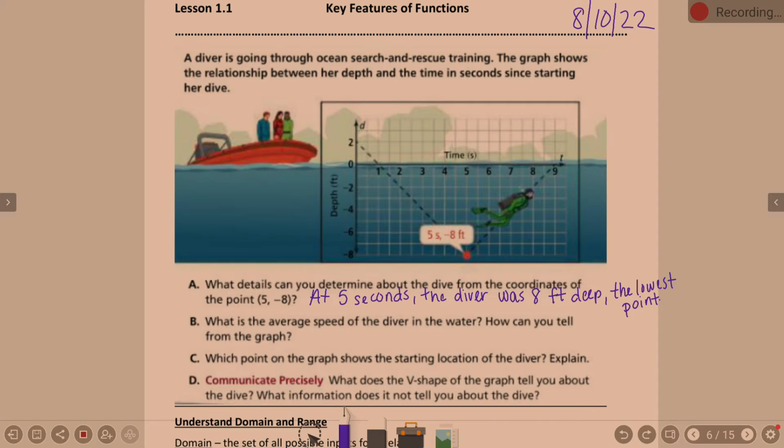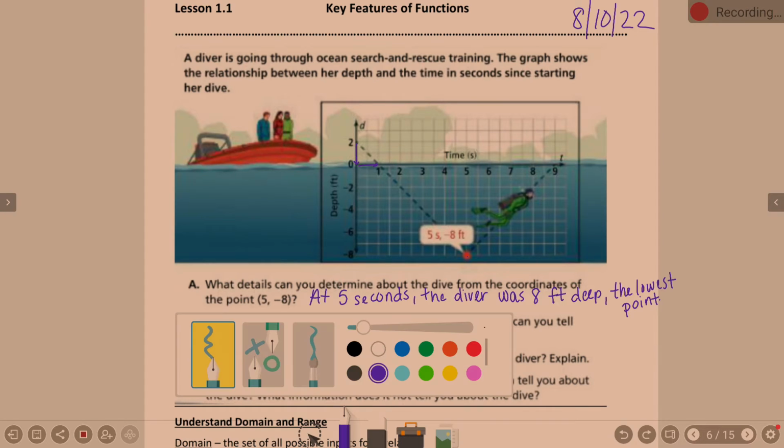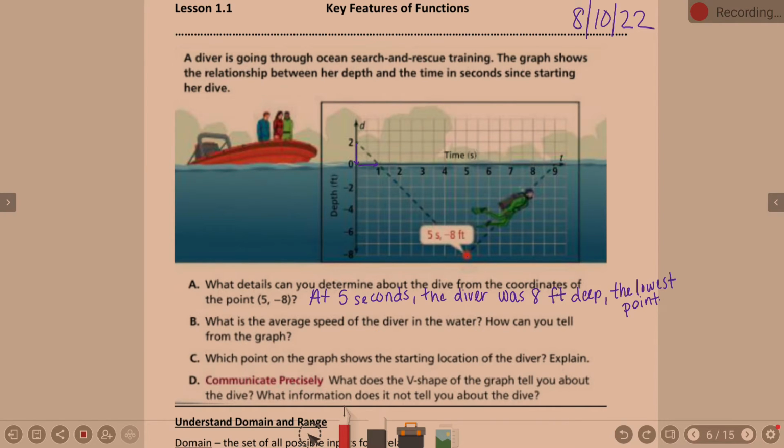Okay. We're finding slope. So, the idea here, Caitlin was looking at, okay, right here, we go down 2 feet in the process of 1 second. That's the idea of what Caitlin was looking at, right? And you can do that. My purple's not going to show up there on the blue, is it? You can do that repeatedly. Down 2 feet over 1 second. And so if we think slope, rise over run, that is 2 feet